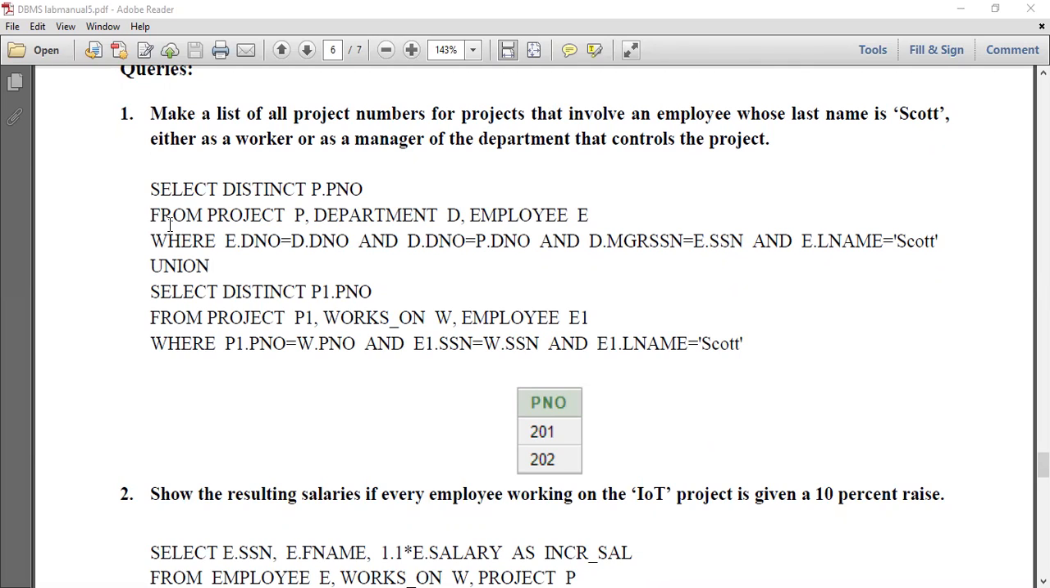So for this project, he can be a worker or he can be a manager of a department under which that project is there. So we will be using the union operator. So on one side of the union, we will put this particular thing. So where he is a manager, first part. So if that particular employee is a manager, then we have to join the department table, employee table, and project